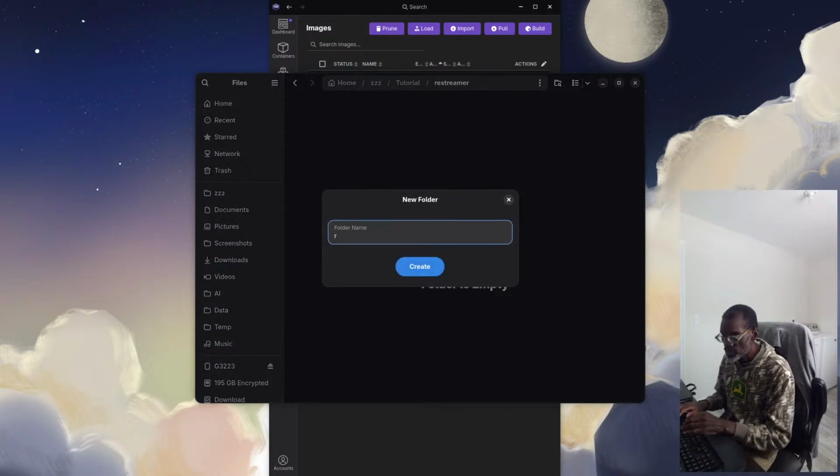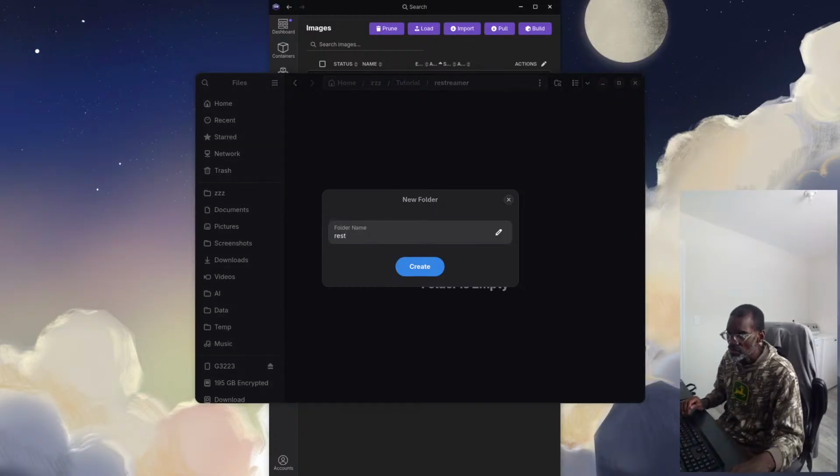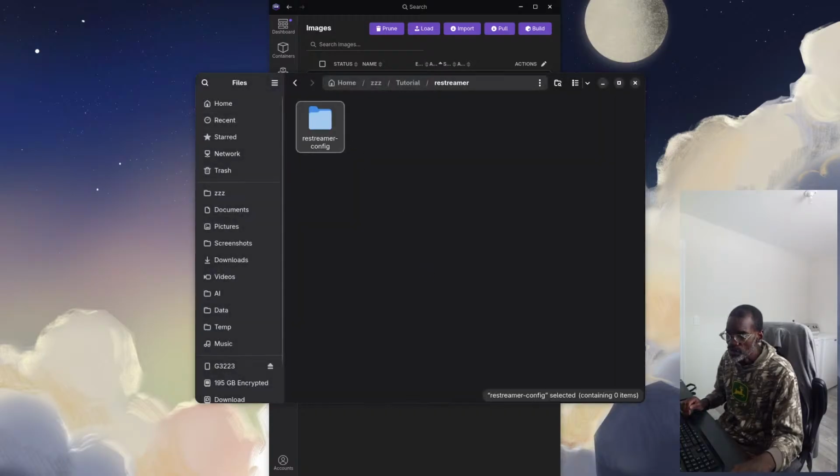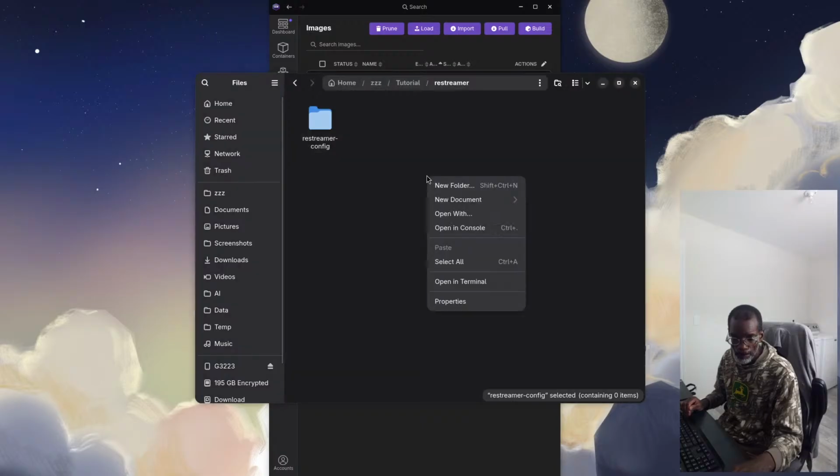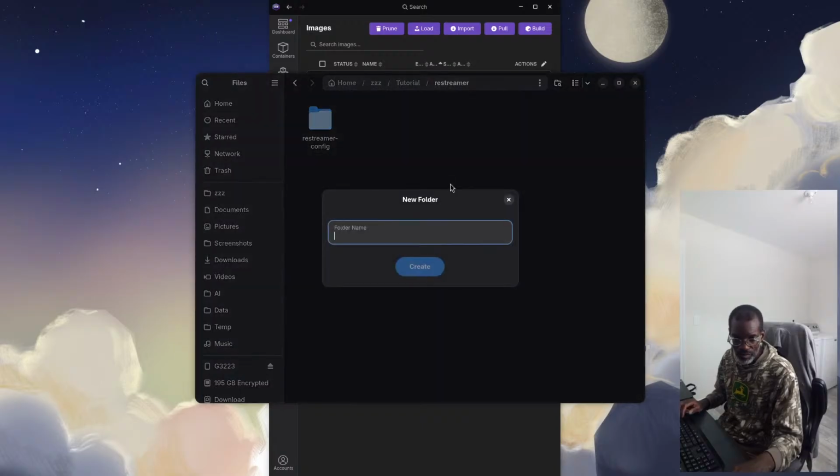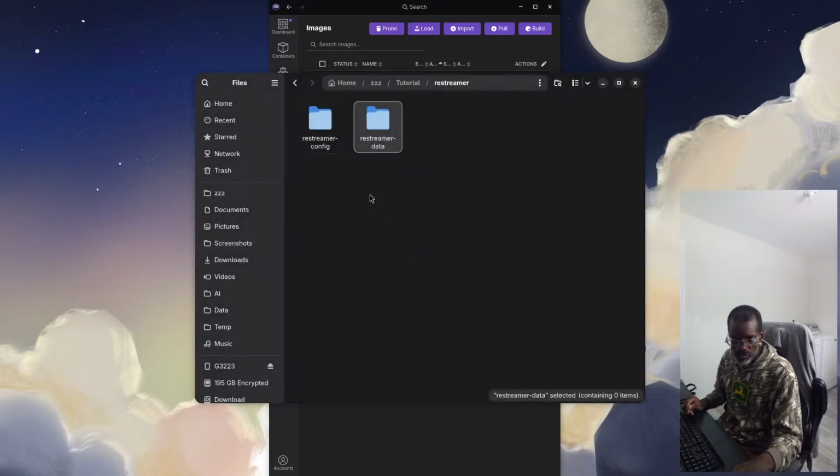I'm going to copy paste because I don't want to spell it wrong. Restreamer config folder, and then I'm also going to create a Restreamer data folder. So we're going to create those two folders.